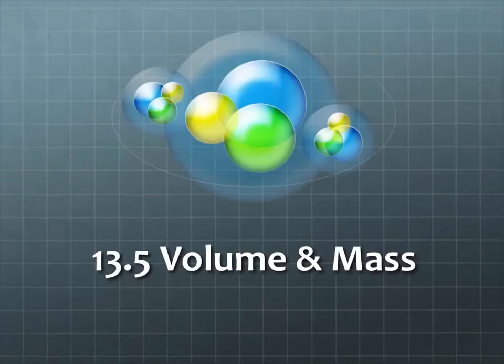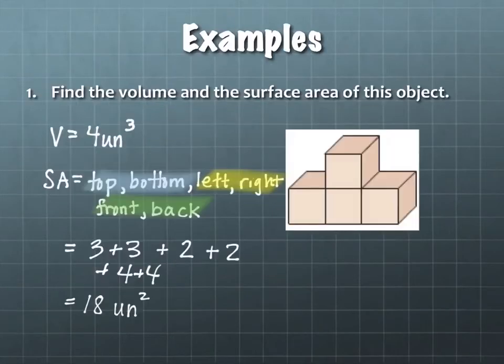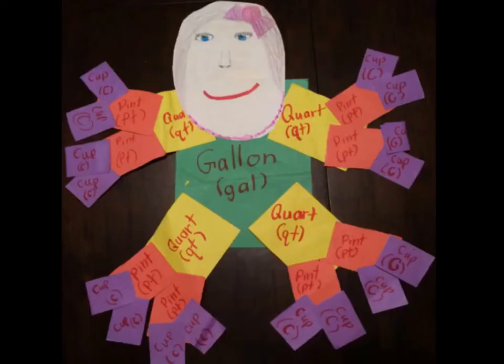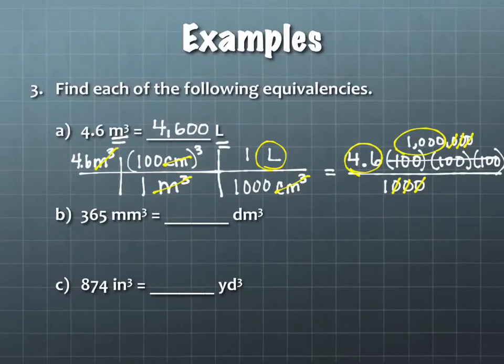All right, we're going to jump back into section 13.5, hopefully finish it on up today. I believe we're on example 3B. Is that right? Awesome. Okay, so we are in the process of manipulating values into different units. And we're doing this in this section in regard to volume, which actually triples what's happening because you're multiplying it by itself 3 times. So on part B, we have 365